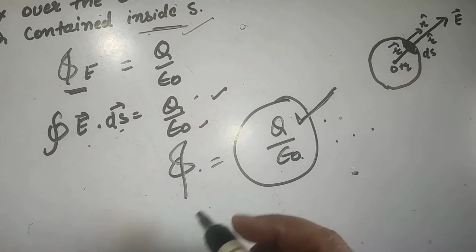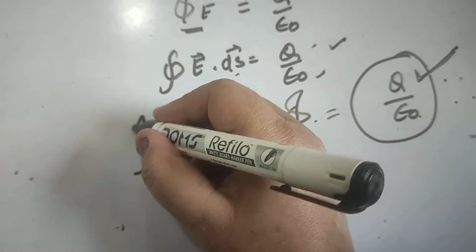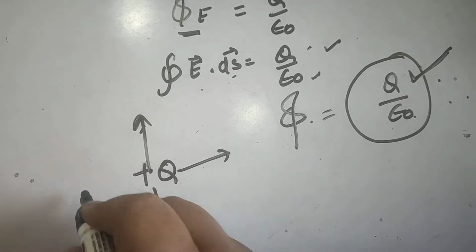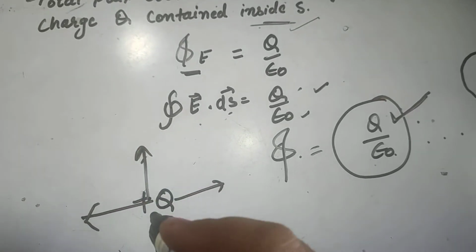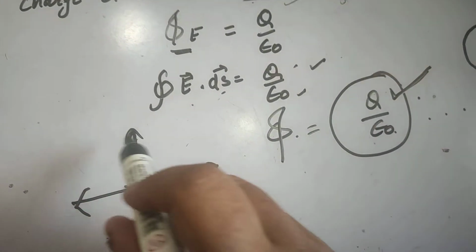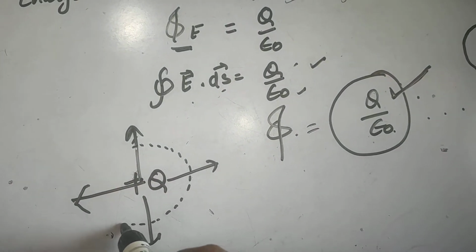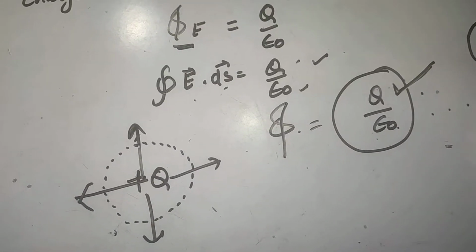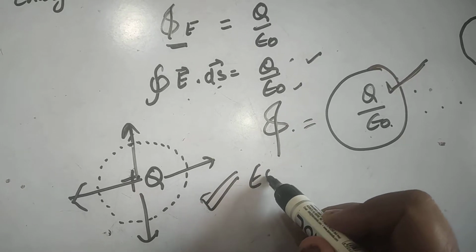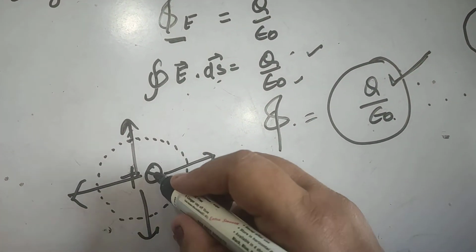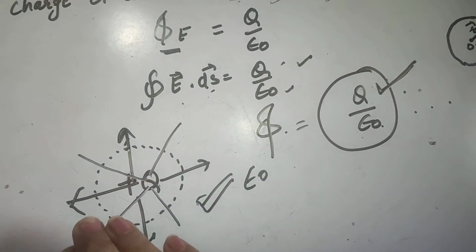We can understand this in another way also. For example, we are having the charge Q, right? The field intensities are like this, outward. This can be shown over the plane, but actually the field lines are upward also, downward also, and this will be a three-dimensional view. Now if I imagine a surface enclosing this charge Q, and this is in free space having permittivity epsilon naught, how many field lines can pass through it will be the flux through that surface.